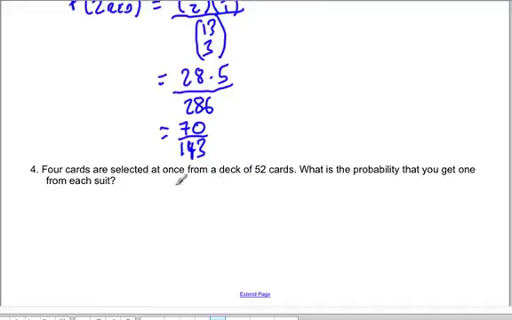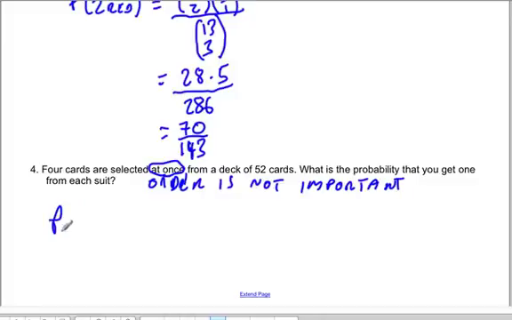Four cards are selected at once from a deck of 52 cards. And again, since it's at once, order is not important here. So we're dealing with a combination. Now, what is the probability that you get one from each suit? Since we're picking 4 cards,